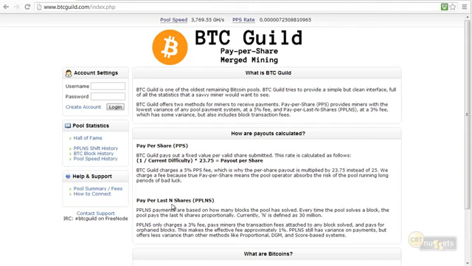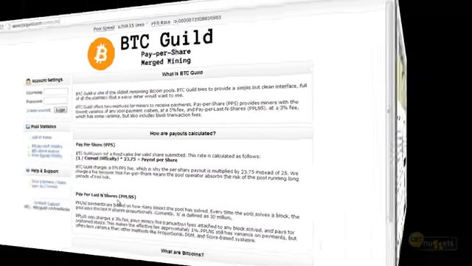The other option, pay per last N shares, PPLNS, is going to reward you for your participation if the group solves a block. So hopefully your computer, your mining rig, was going at it and participating at or fairly near the time that that block was solved, and then it's payday. Now, the negative side of that is if the block isn't solved and you're doing all the work, there's going to be no reward, no income based on your participation if there's no block solved.